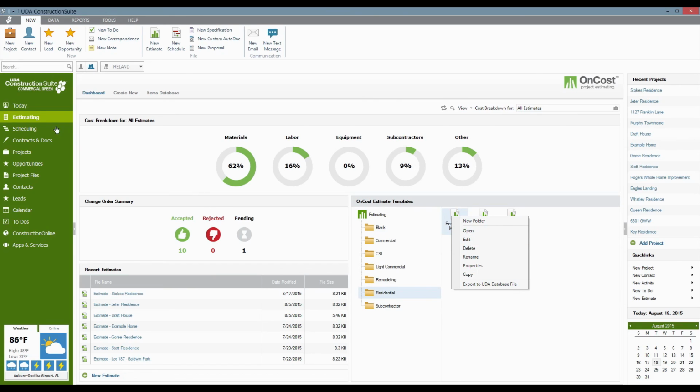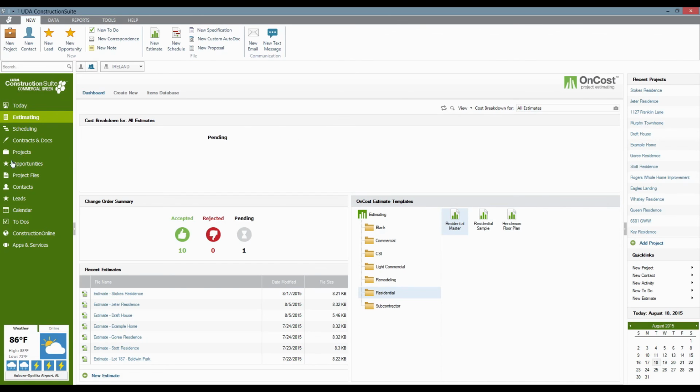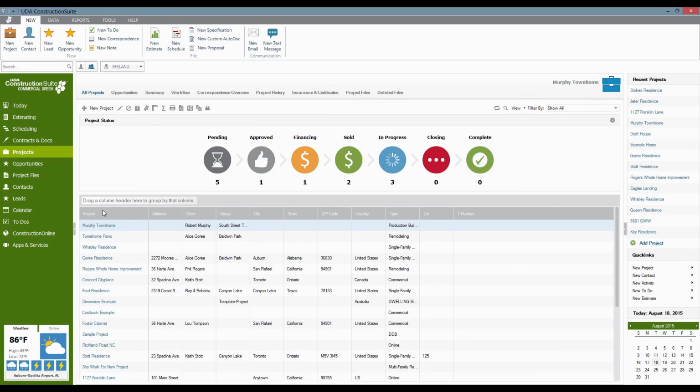As you go through from here, the templates are going to be available to you whenever you get into a project and start launching your estimate for the first time. So if you come from the estimates themselves, the estimating templates section, and go into your projects list, from here you'll see all the projects that we have active down in the lower portion, but I'd like to create a new project so that we can have a blank slate for creating a new estimate. So we'll click New Project,